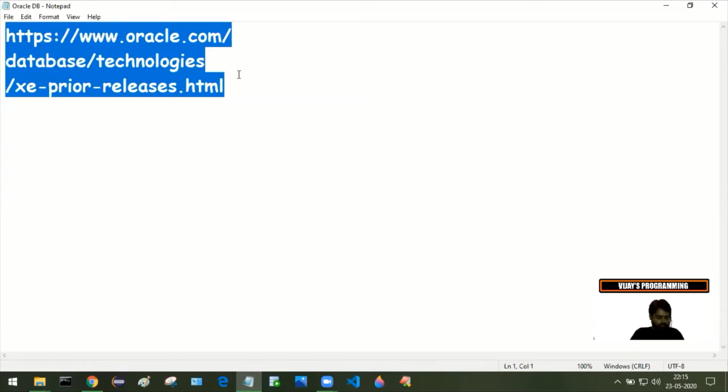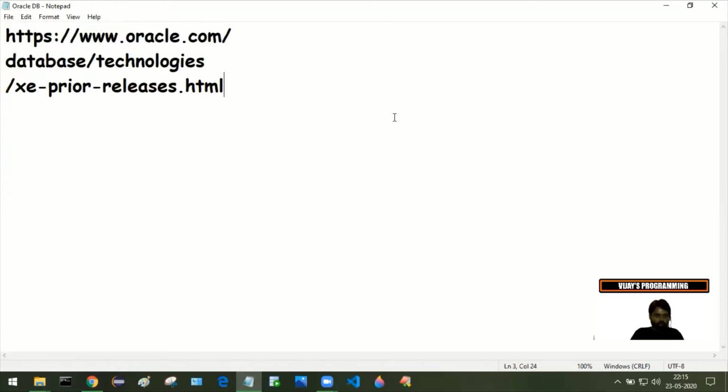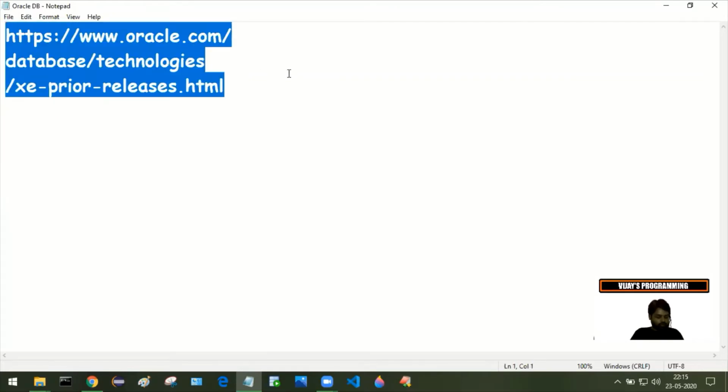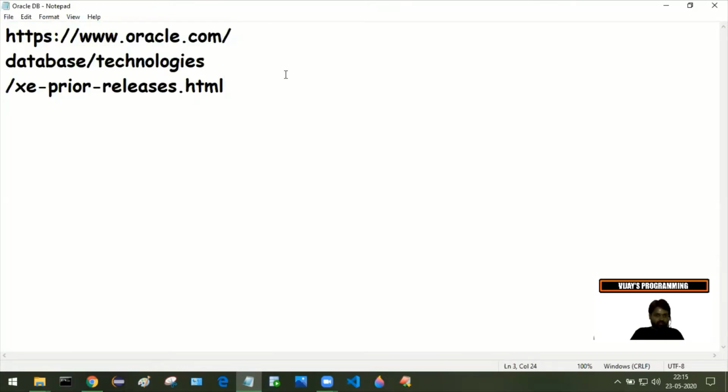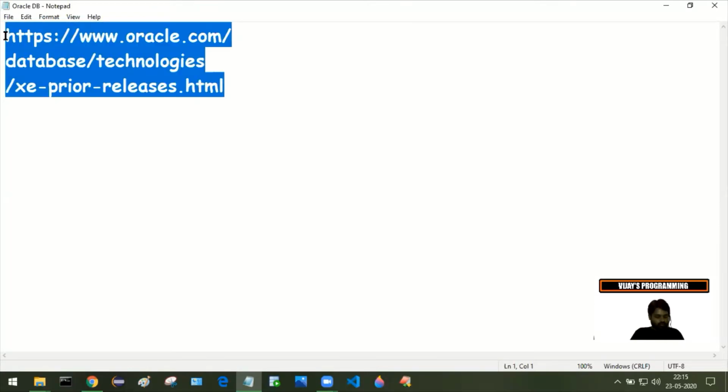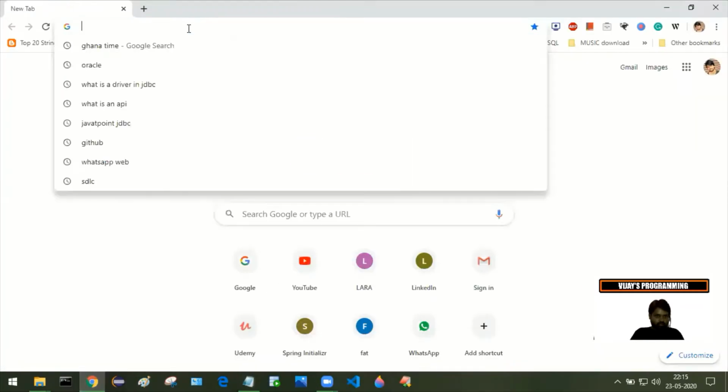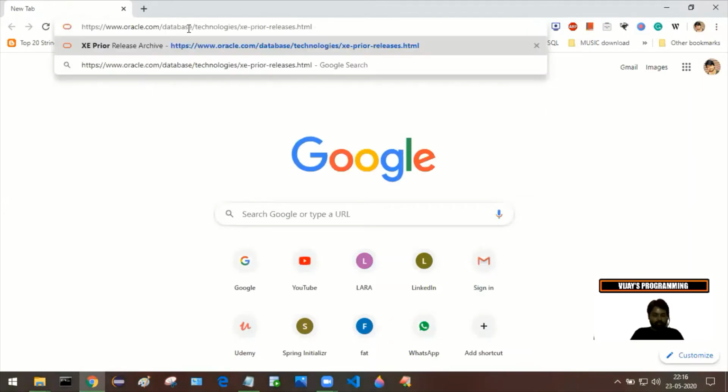Copy this URL. Okay, I'm going to download one specific database version. Copy this content and open your web browser, and in the URL you just need to paste that content and hit enter.